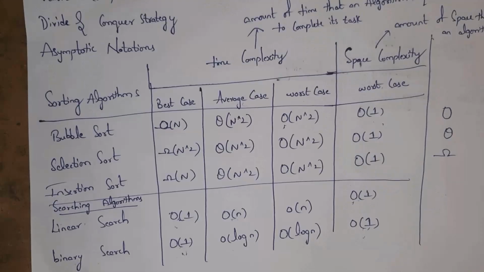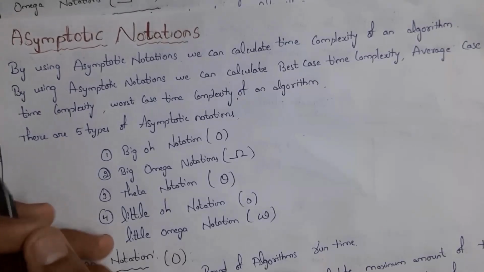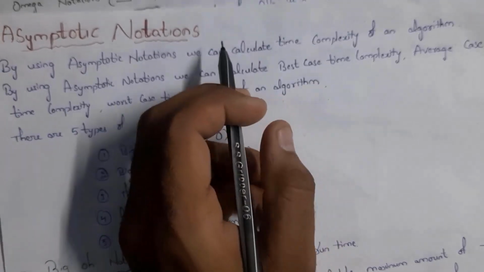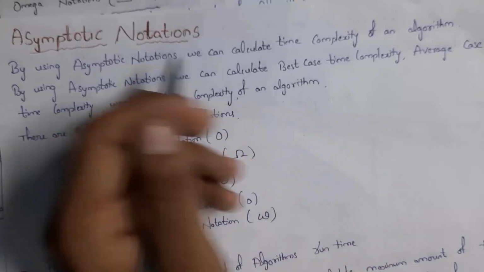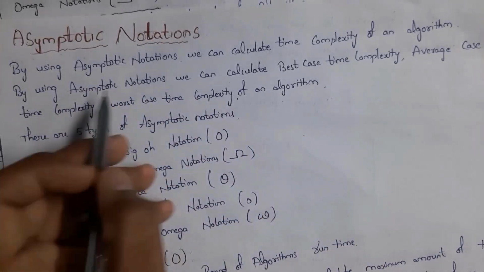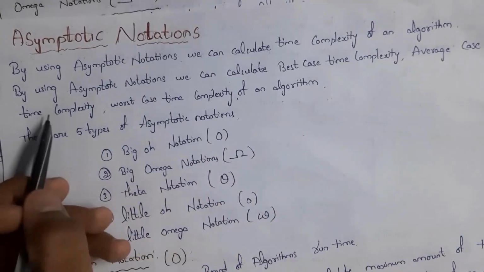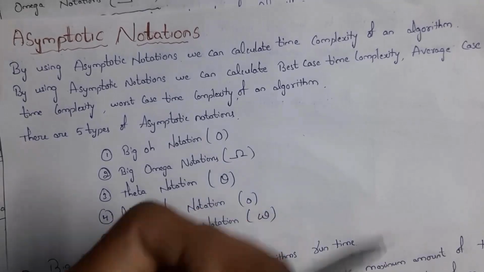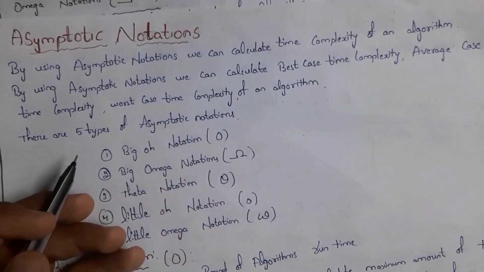Next topic is asymptotic notations. By using asymptotic notations, we can calculate the time complexity of an algorithm. Time complexity means the amount of time taken in order to execute an algorithm. By using asymptotic notation, we can calculate best case time complexity, average case time complexity and worst case time complexity of an algorithm. I already explained what is best case, average case and worst case in the previous example, that is